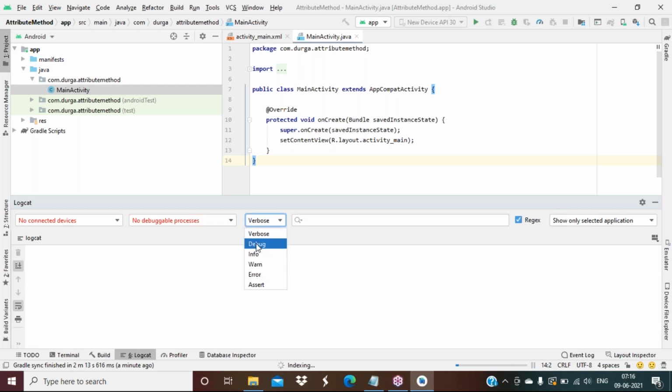Verbose means V, log.d for debug, log.i for info, log.w for warning, log.e for error. Assert, which cannot print anything. Okay, so this is a Logcat window. So here we need to display the images. Okay, so better what I'll try to